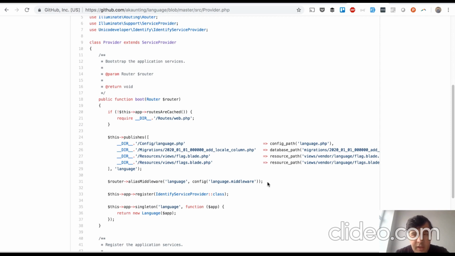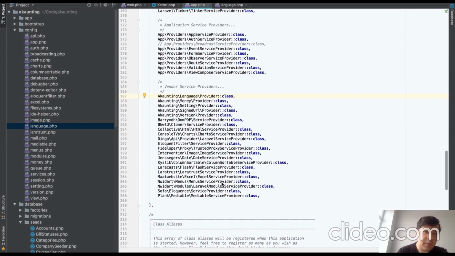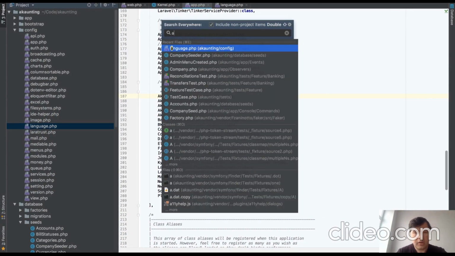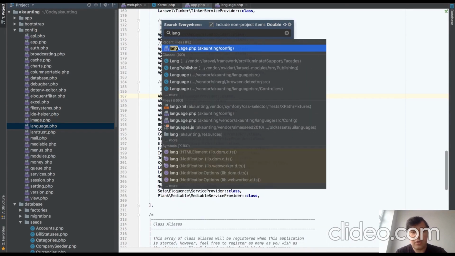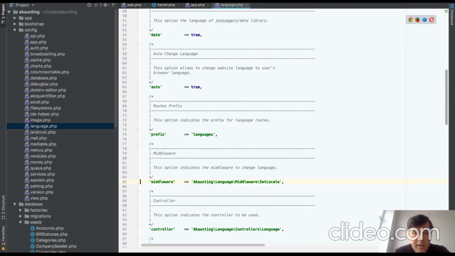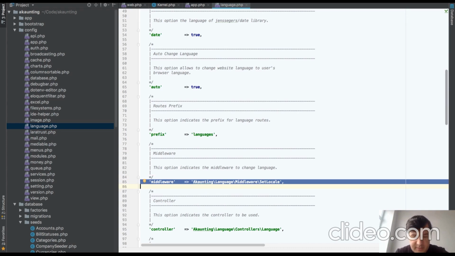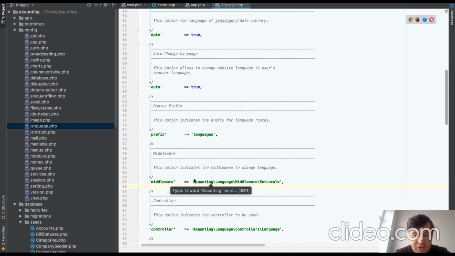It sounds pretty complicated, but it's kind of flexible. So then you need to look at config language middleware, and then again back to the main. You have config language here, and in config language you find this, and then you can understand that this class is specifically responsible for